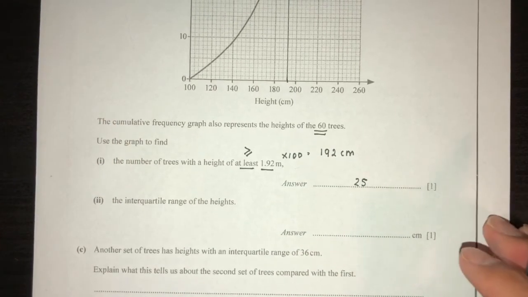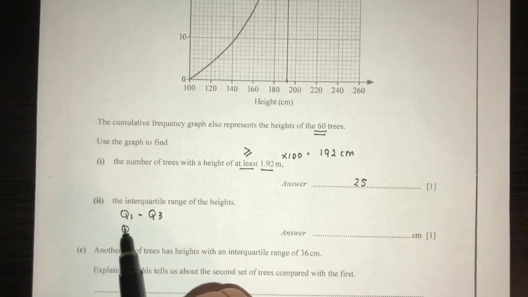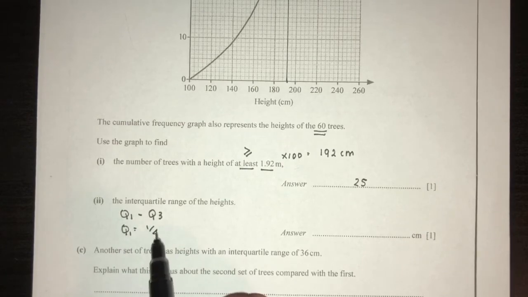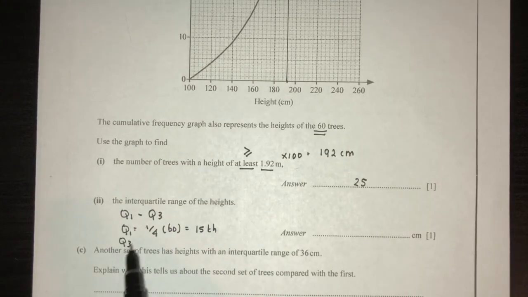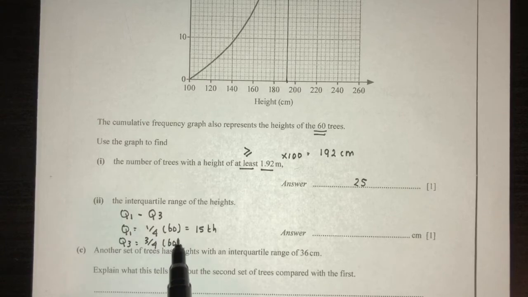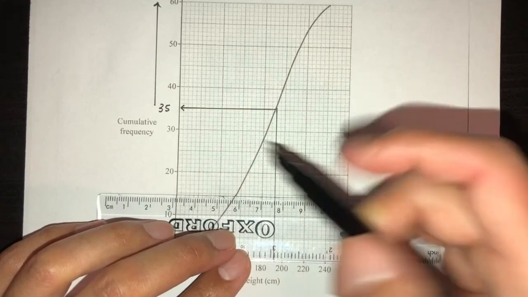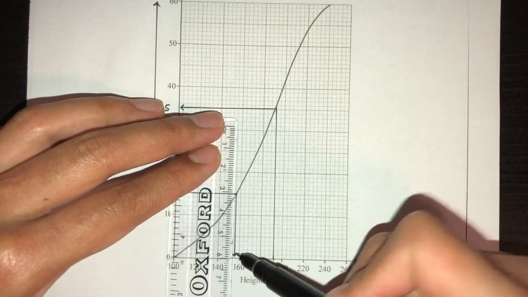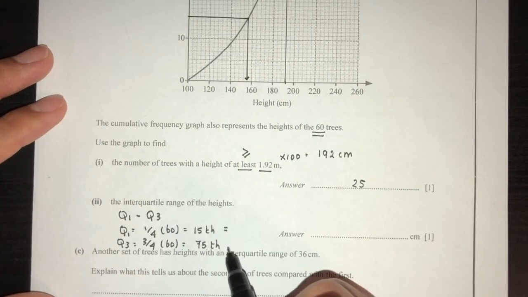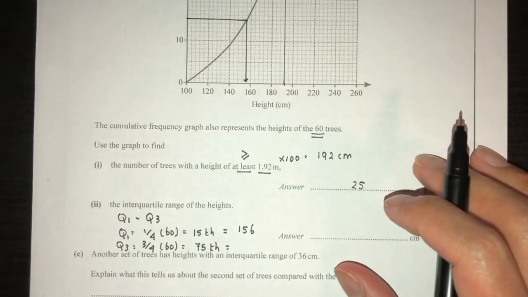Now for part 2, find the interquartile range, which is Q3 minus Q1. Q1 is 1 over 4 times 60, that will be the 15th element, and Q3 is 3 over 4 times 60, that will be the 75th element. So the 15th will be right here. Let's find the corresponding value. So it shows to be this one, which is Q1, which is 156, and the 75th value will be,